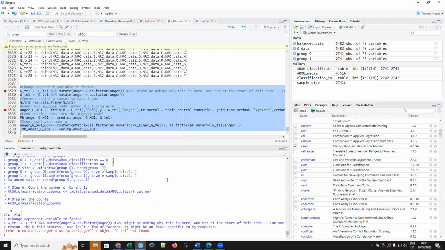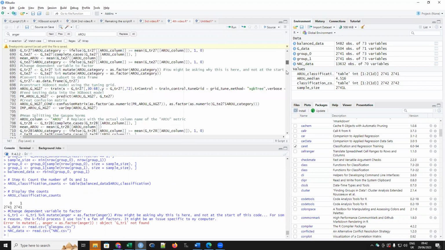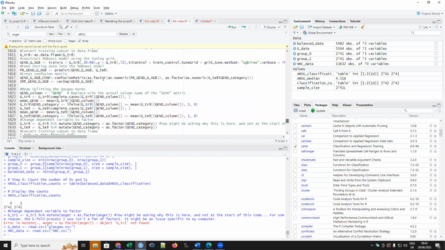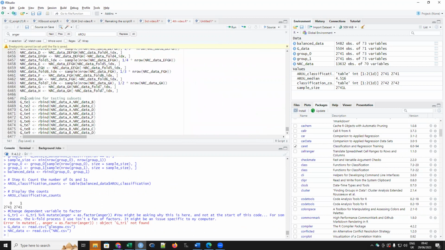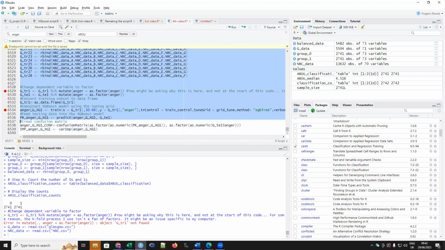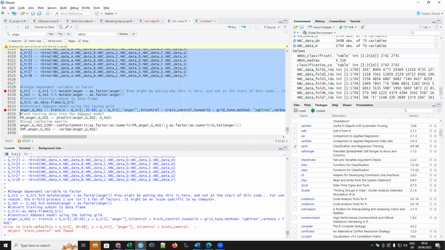If I run this script, I have to reload pretty much everything. Give me half a moment. Run that. Run the k-fold process, and then construct the model. Now this should take about 30 seconds.